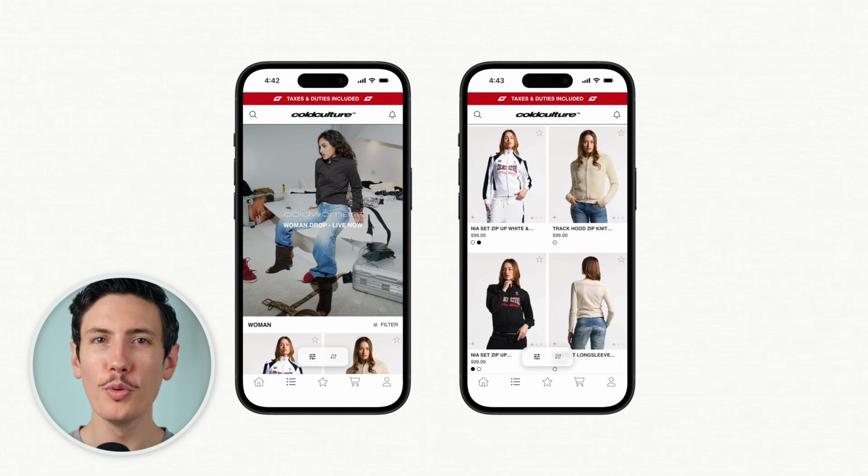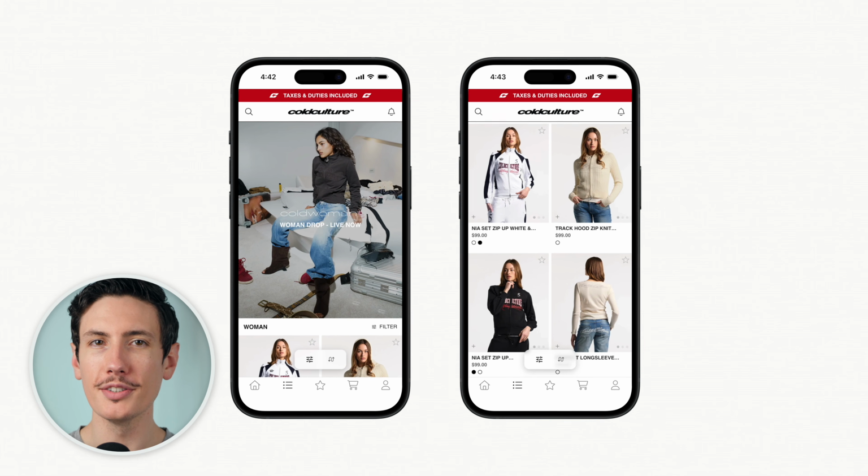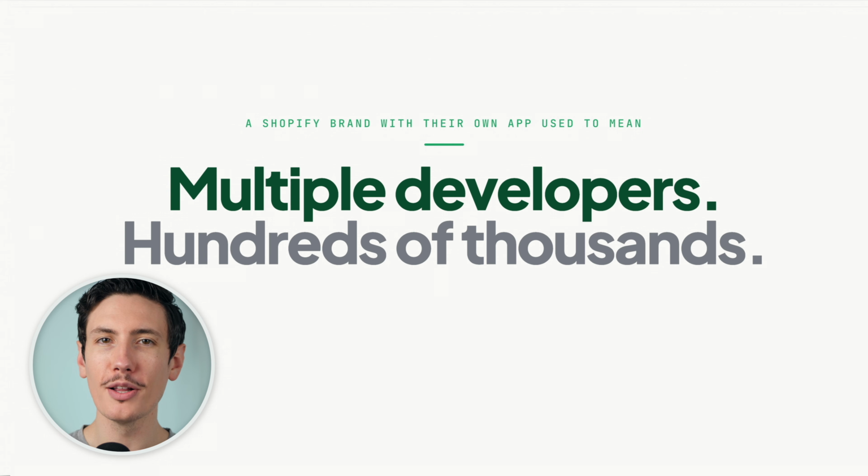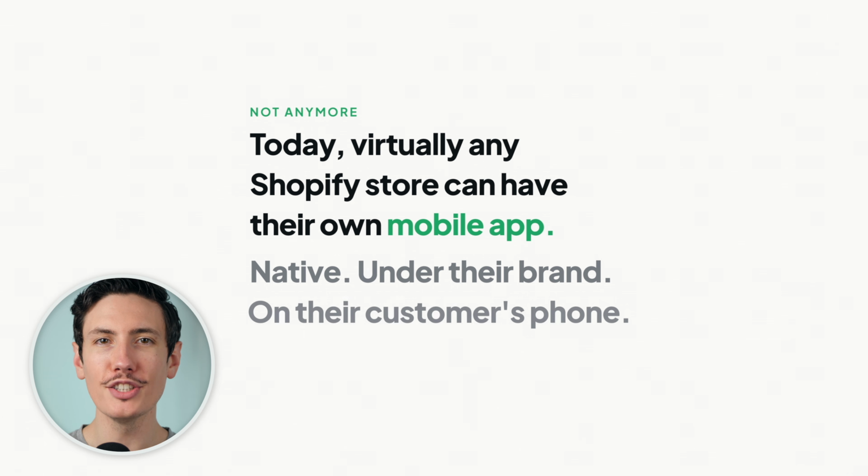A Shopify brand with their own mobile app used to mean the brand had some serious capital to play with. Native apps used to be a massive project, multiple developers, hundreds of thousands of dollars, and as much as a year to launch. But not anymore. Today, virtually any Shopify store can have their own mobile app, a native app under their brand, living on their